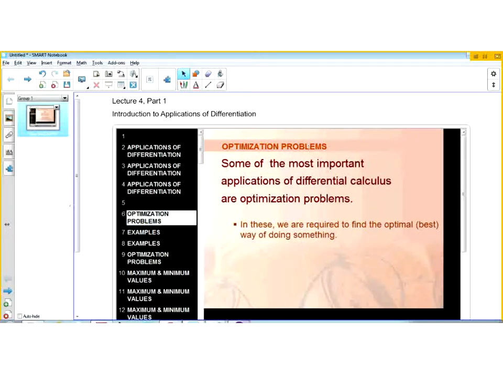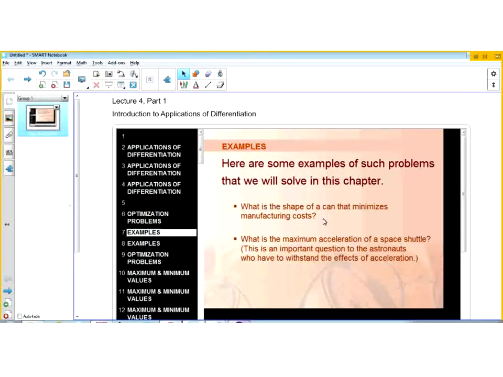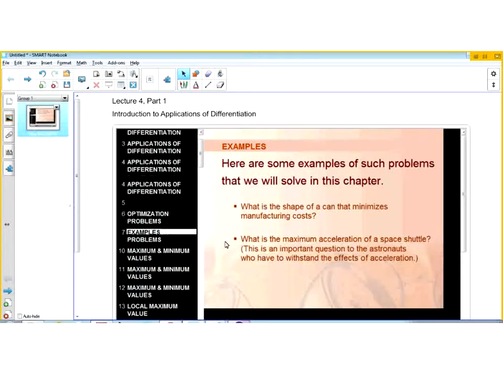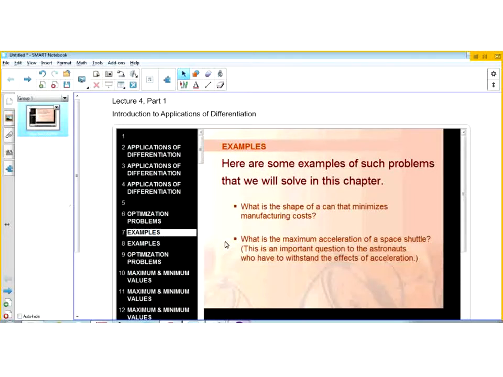So maximum and minimal points are essential for the solution to what are called optimization problems. And in these problems we're required to find the optimal best way of doing something. So for example, what is the shape of a can that minimizes manufacturing costs? Okay, so should it be a cylinder, should it be a sphere, should it be a box, and so forth. Okay, you have material costs, you have enclosure costs. So you want a can that minimizes cost but perhaps maximizes a volume would be a consideration. What is the maximum acceleration of a space shuttle or a space rocket so that you can overcome the Earth's gravity? And we've already dealt with some other examples, such as,